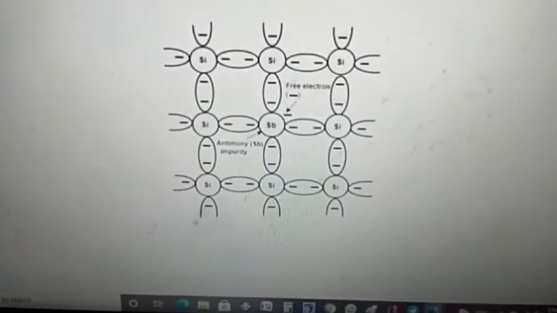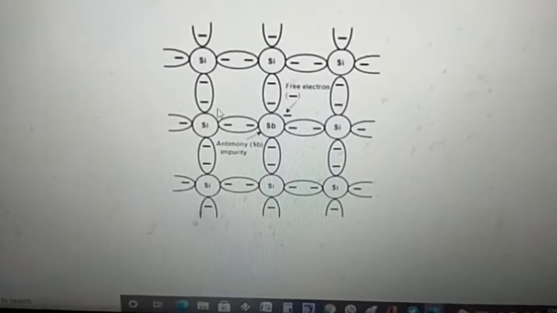Silicon and germanium belong to group 14, means they'll have 4 valency electrons. So they'll form 4 covalent bonds with each other. Now see here, if you take silicon, you can form a bond with this and one more with this. See, each and every silicon formed 4 covalent bonds. So when we dope them with group 15 elements like phosphorus, arsenic or antimony, what will happen? That also can form 4. So group 15 means it will have 5 valence electrons in their valency shell.